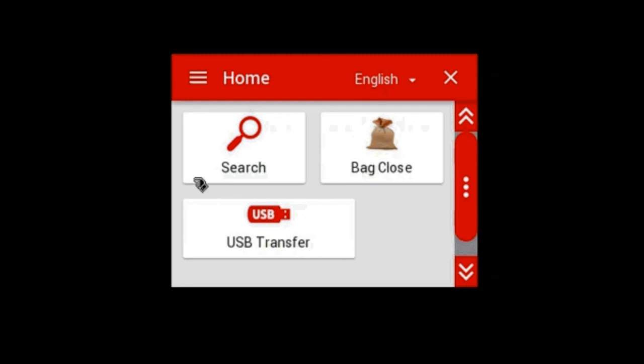Now, if you see, only 3 options are visible, since we have already performed our day end. After day end, if anyone goes to Dell app, these 3 options will be visible. Other options will not be visible. Now we have to go to back close option.